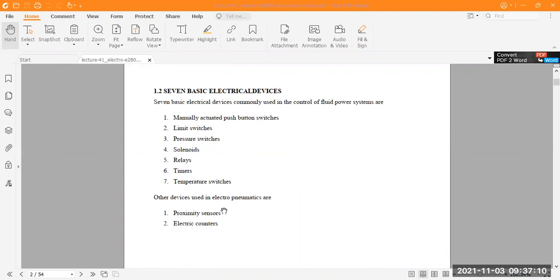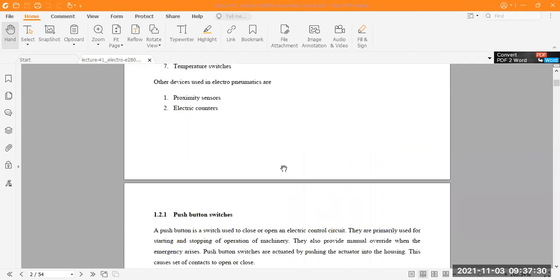And we also have two other devices, sensors and counters, used in the electro-pneumatic controller. First is the proximity sensors, and number two is the electric counters. These are the basic electrical devices we use in the pneumatic controller.